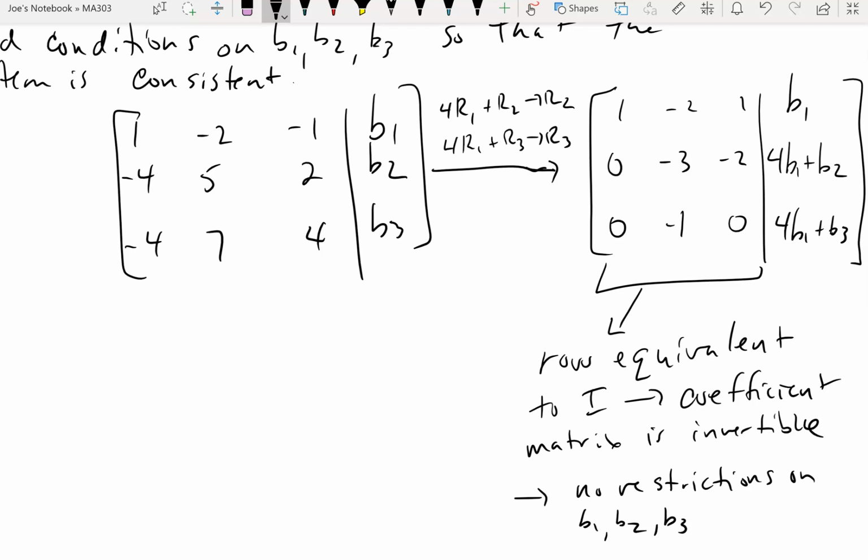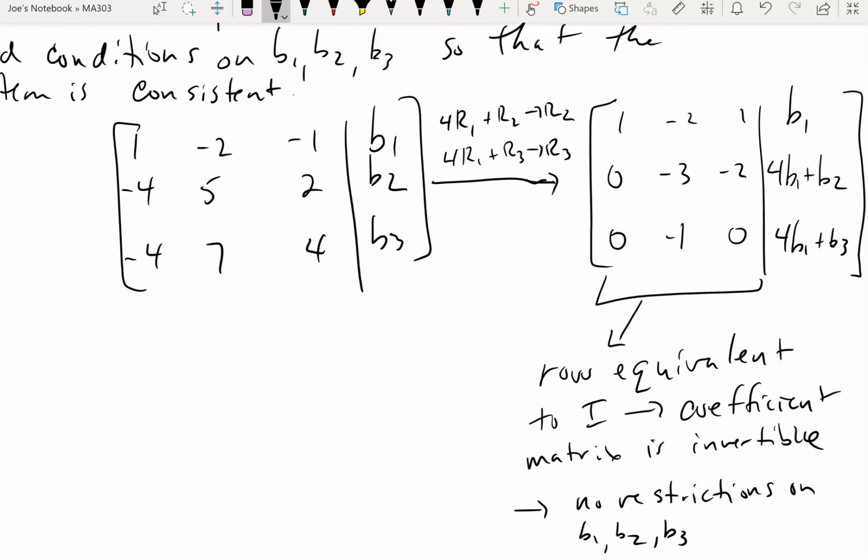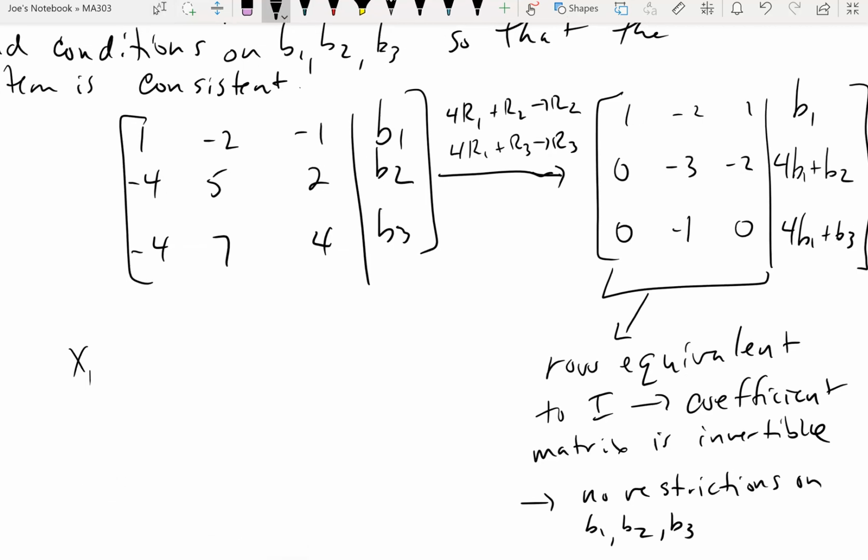Now, let's ask it this way. Let's say instead of having this be a 2, we change it slightly and make this a 1 instead. What if we would have had the original system be x1 minus 2x2 minus x3 equals b1, negative 4x1 minus 5x2 plus x3. Oops. I want it to be 4x3